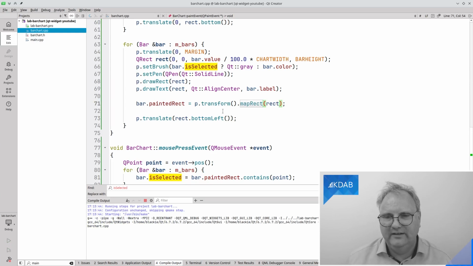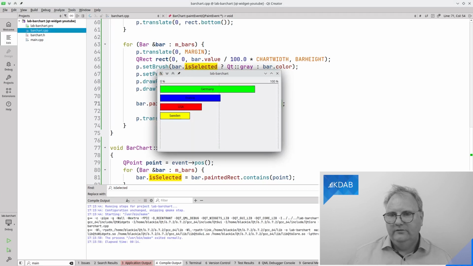And the error I made was that I had this line here sitting after my translate, which meant that all my painting, all my clicking was off by the height of the rectangle, and gee, that was super annoying. But now click, click, click, click outside, and it works.